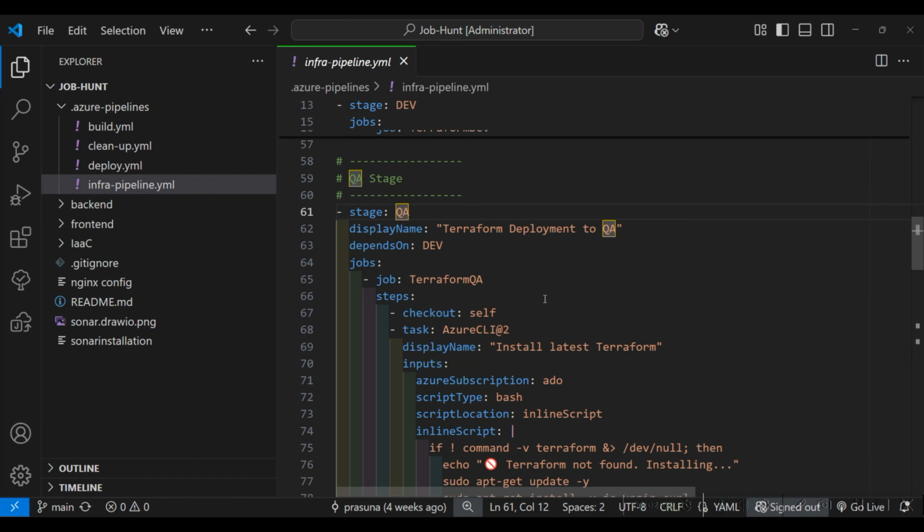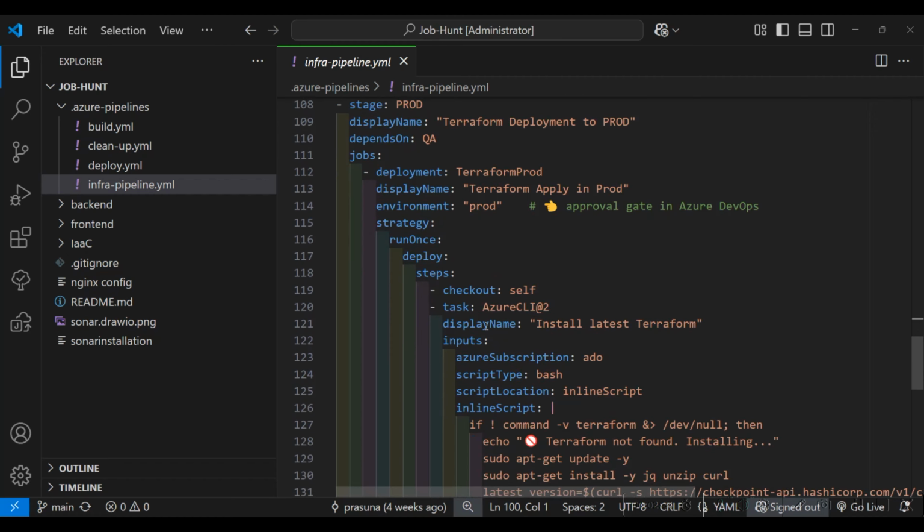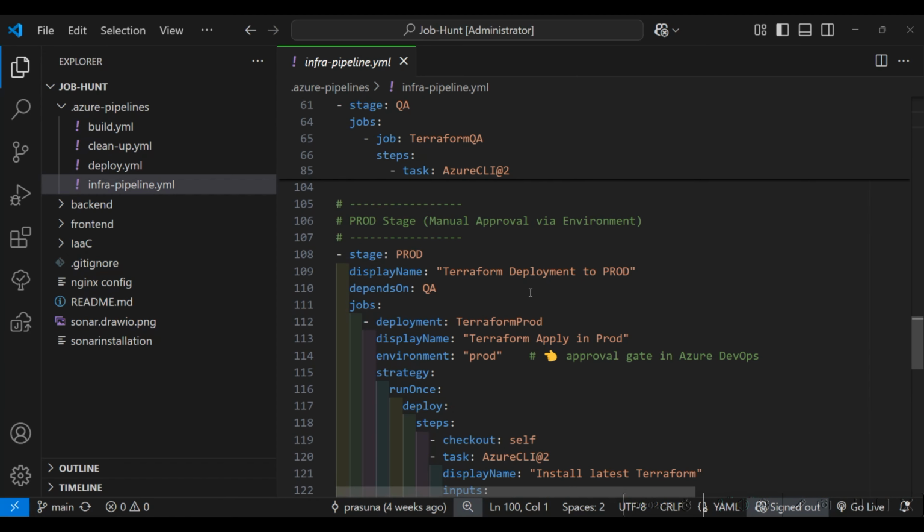After that we will go to prod. This step will require a manual approval. Once dev is completed, QA will be deployed automatically. But when QA is successfully deployed, now come to prod. So prod will require an approval. With the help of an environment,